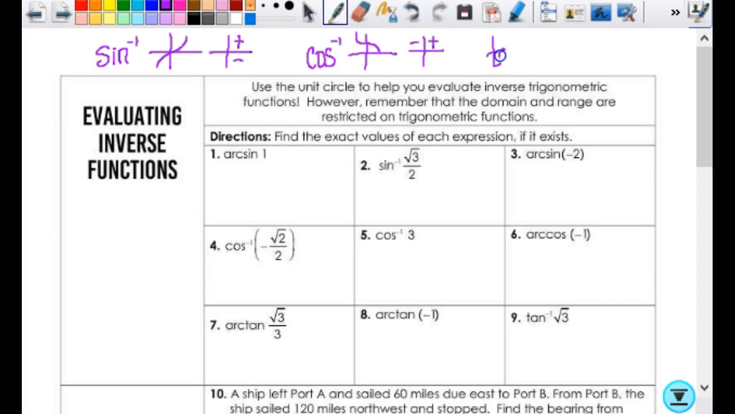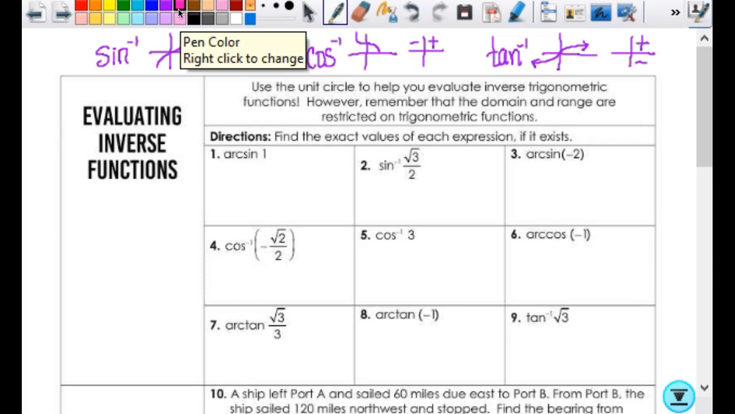For tangent inverse, it looks like this. And as far as the unit circle is concerned, I'm using quadrants 1 and 4. So sine and tangent use 1 and 4. Cosine uses 1 and 2. Okay, because it can't use 1 and 4 because it'd be positive in both. So before we get started on this, I'm going to ask you a couple questions. All right, so if I ask you, let's see,